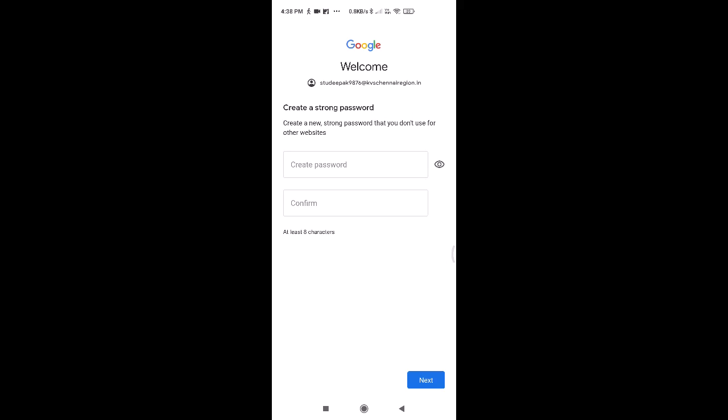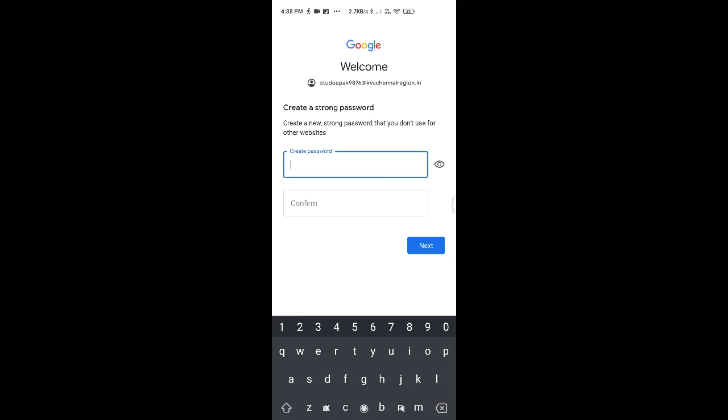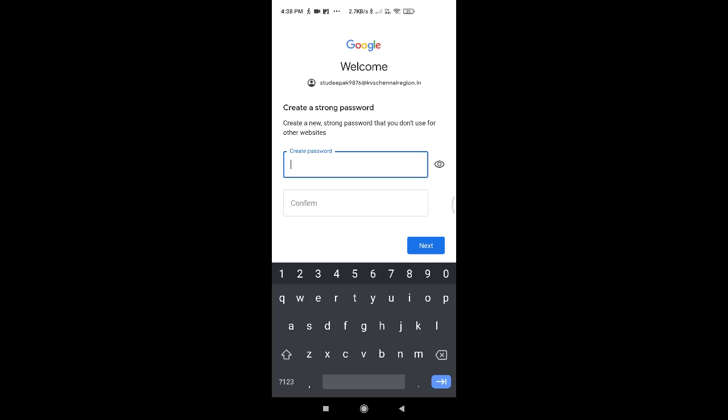Here you are supposed to change the password. Right now I am simply giving a password.